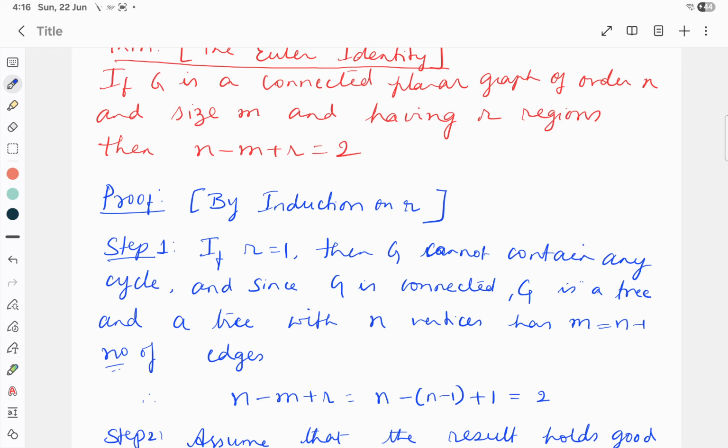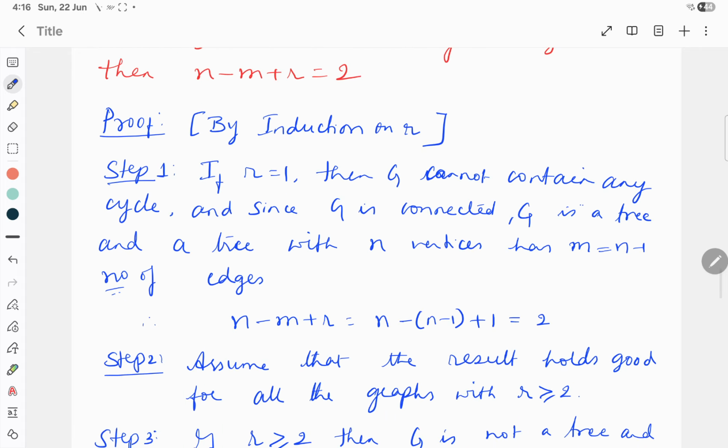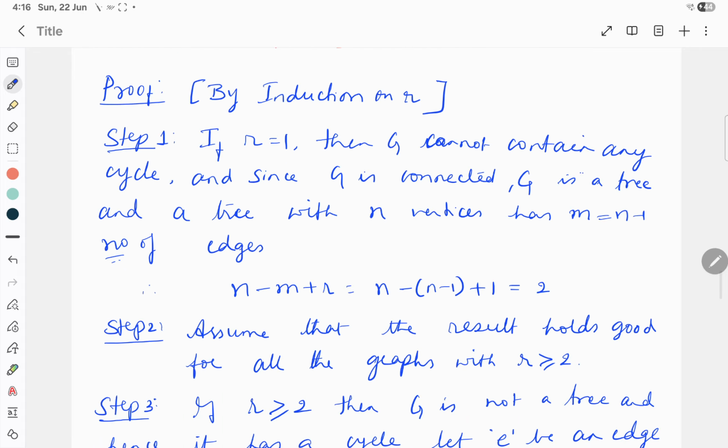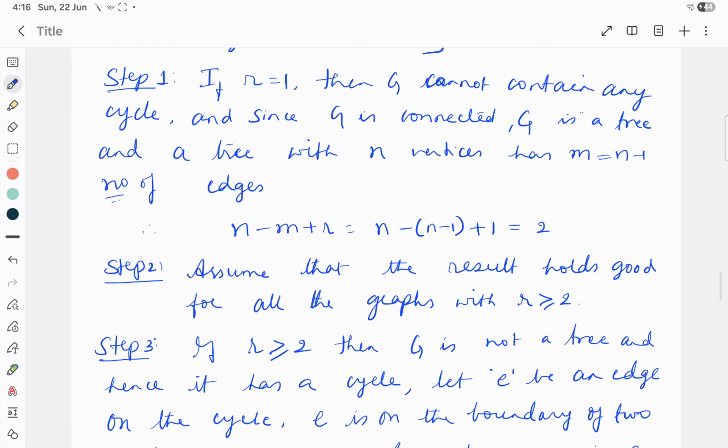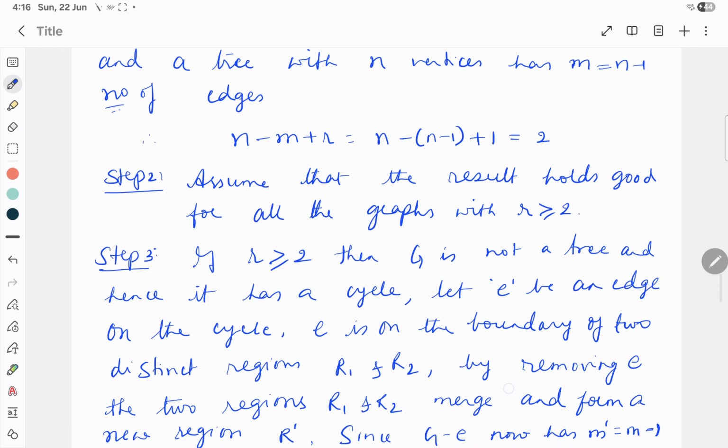And it has only one region R. So n minus m plus r is equal to n minus (n minus 1). In place of m, it is n minus (n minus 1) plus 1, equal to 2. So thus we proved the result for R equal to 1. Now let us assume that the result holds good for all graphs with R greater than or equal to 2. Okay. Now in step 3,